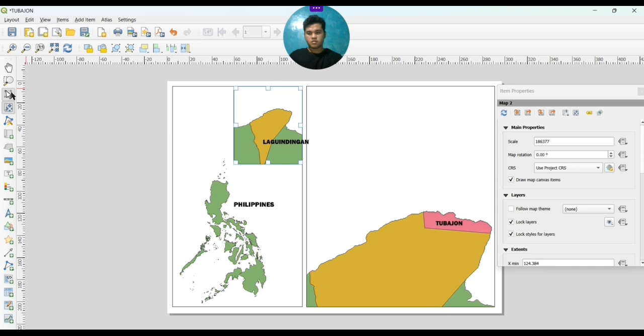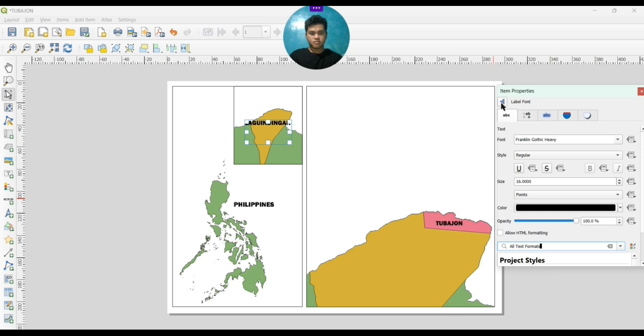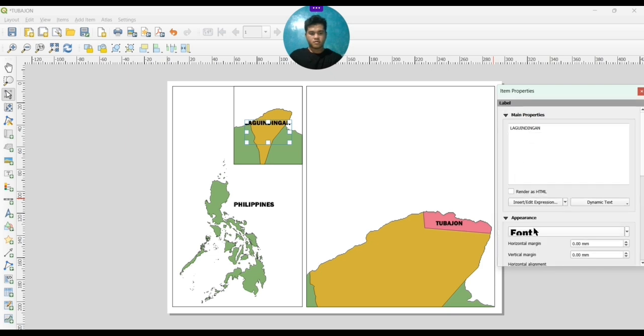Oops. Wait, in the area. Just the font size. Just the font size. Your preferable size. Adjust it.